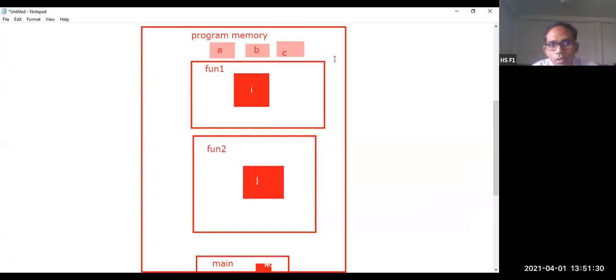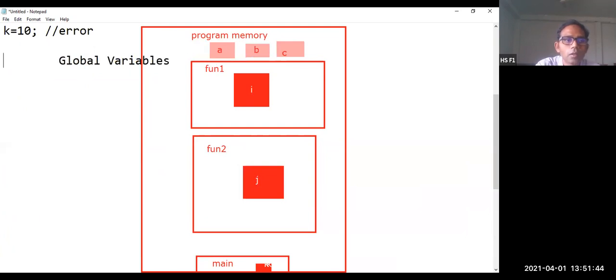In program memory, these are all global variables: A, B, C are global variables.